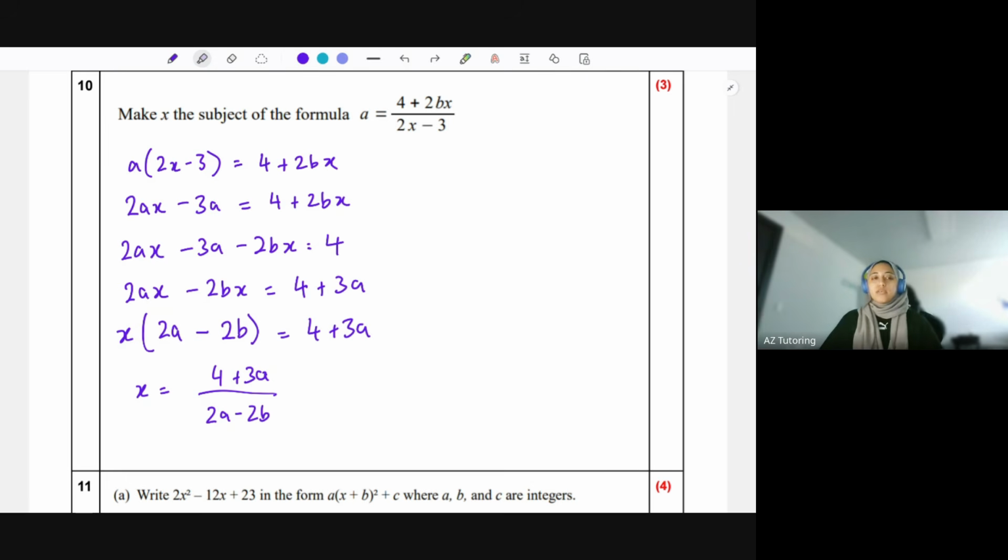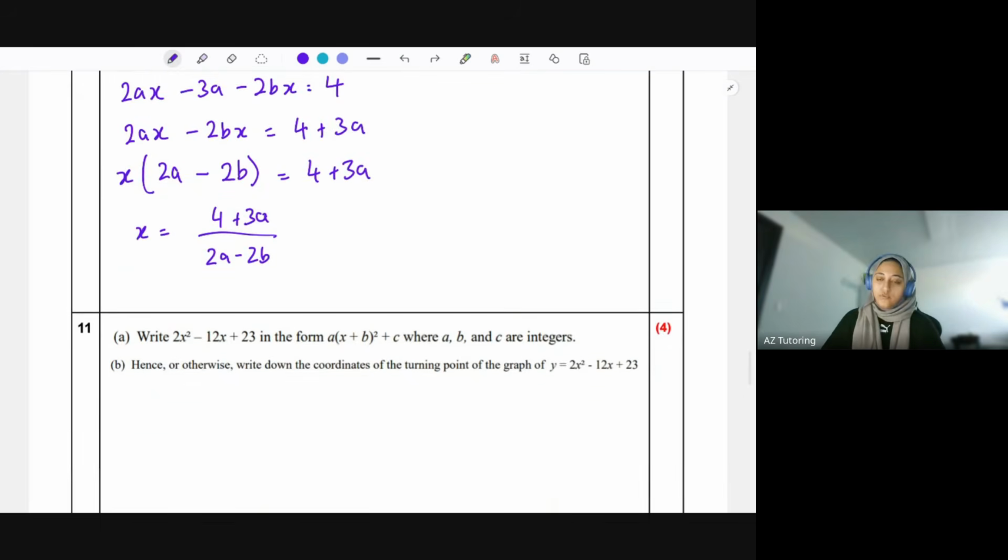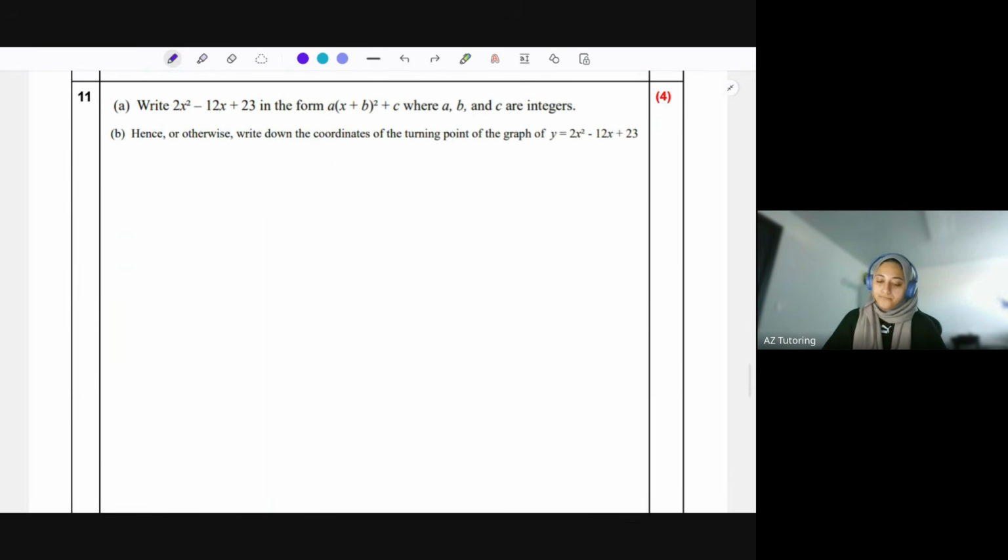So that one's quite complicated. This is how they will assess you with rearranging formulas in higher. So it'll be in multiple places and they want you to just bring it to one side. So hopefully that makes sense. Let's move on to question 11. So it says here, write 2x squared minus 12x plus 23 in this form, where a, b, c are integers. Integers just